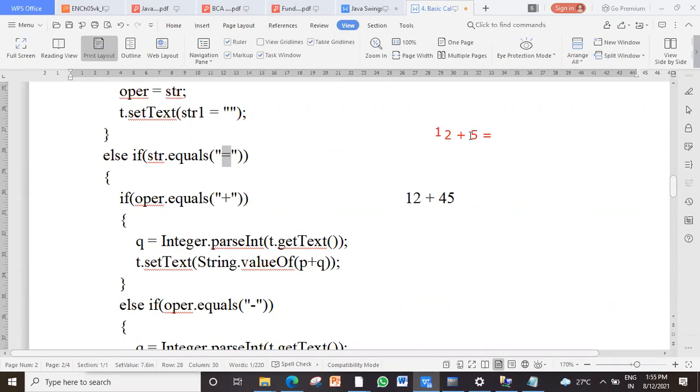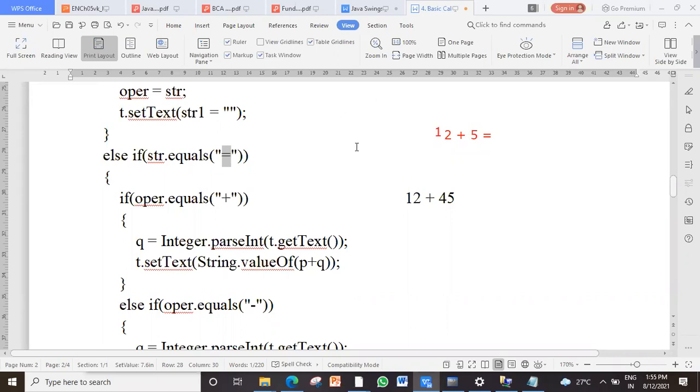Text field. You all remember? Again, it goes to that concat wala code and it will go to the text field. Now that second operand is in the text field, first operand is in the P, operator is in OPR. Remember that sequence. And now after giving the second operand, user clicks on is equal to see the result.